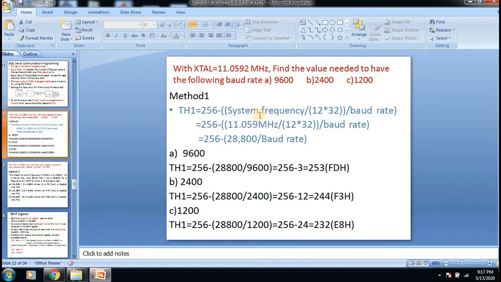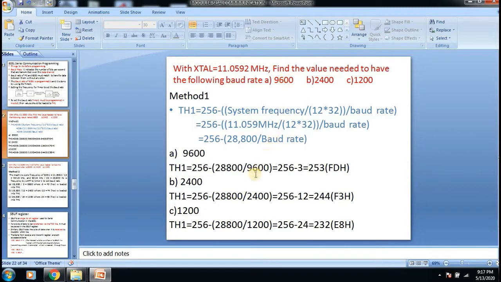In this example, the crystal frequency we are taking is 11.059 megahertz, divided by 12 into 32, and again divided by the baud rate. So the final formula is 256 minus 28,800 divided by baud rate. We just need to substitute the required baud rate.